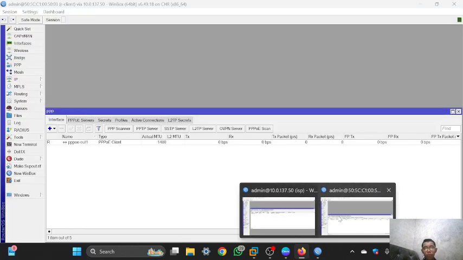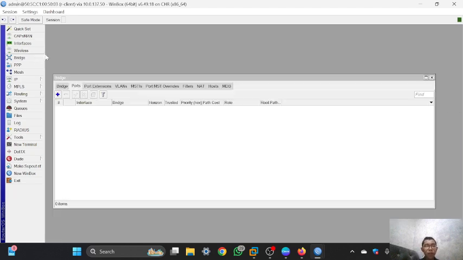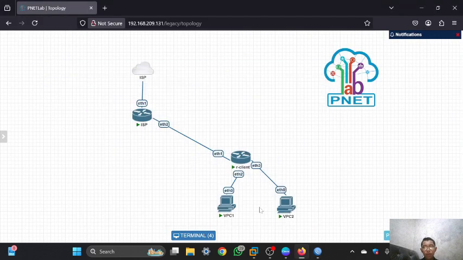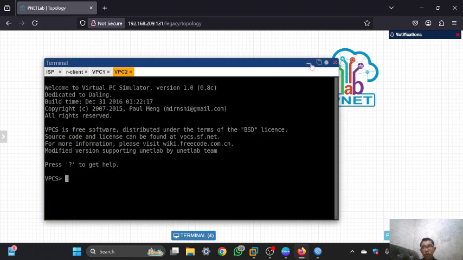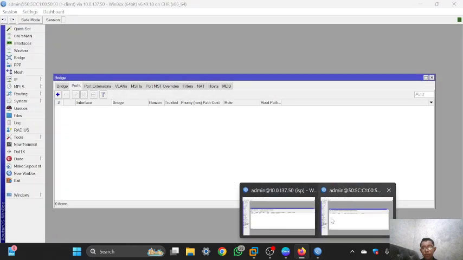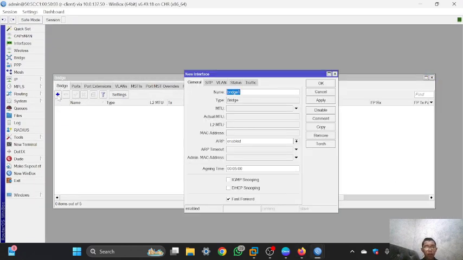So you can open the router client, and I will use the bridge tool because I want the VPC1 and VPC2 to use the same network, which is Ethernet 2 and Ethernet 3. Then open the router client, then bridge, and then add.